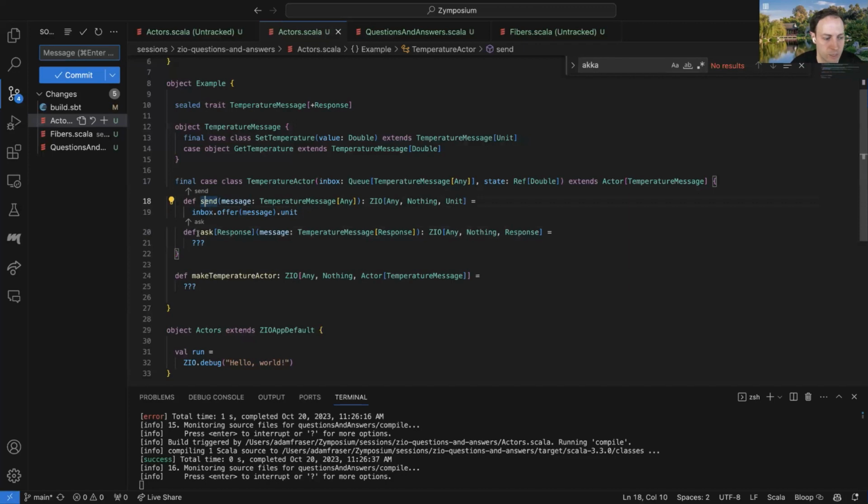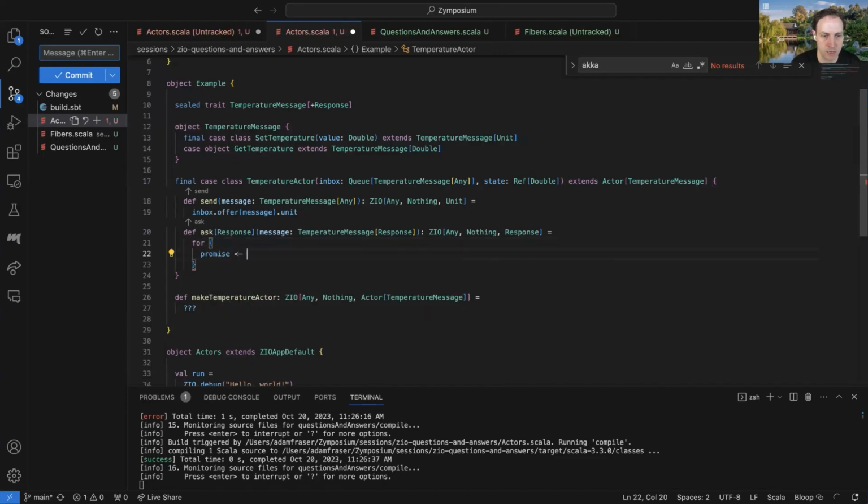Let's then play with the ask a little bit. The ask is going to be harder because we need a way to wait for the result in addition to just offering it to the inbox. So one clue is that when we want to wait for something, and it's just one thing we're waiting for, a promise is the go-to tool for us. So it seems like here we might want something like,